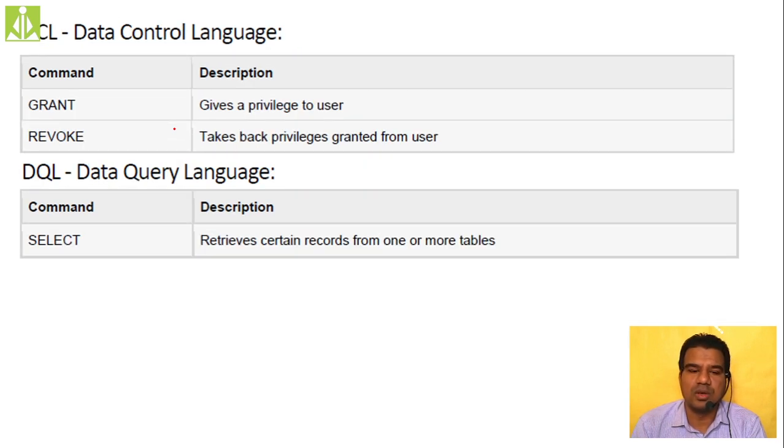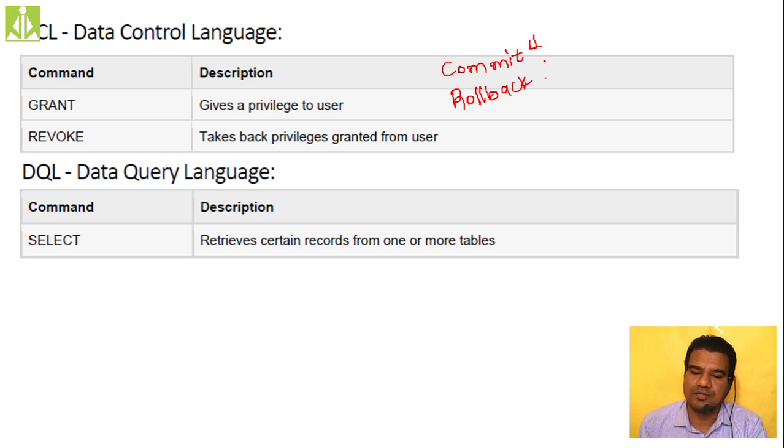Then data control. Apart from these, we also have two other commands, commit and rollback, that when it comes in our discussion we discuss. Hopefully in today's session only we'll complete those two as well. So we have the commit command as well as the rollback command.